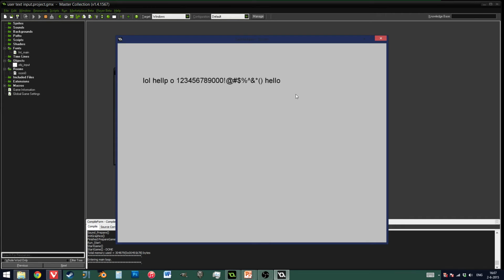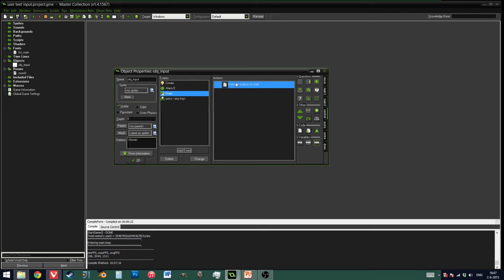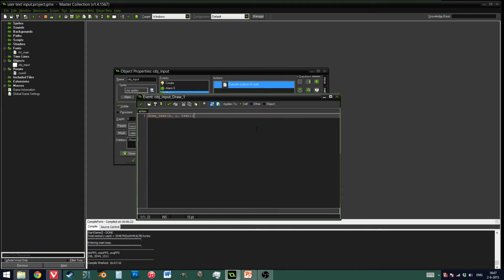However, there's quite a few things missing. The first thing is we didn't actually add the blinking cursor, and we didn't add backspace or pasting, etc. So we're going to do that now. It shouldn't take too long. First, inside our draw event, we're going to actually draw our cursor. So we're going to go if blink, so if the cursor is on,